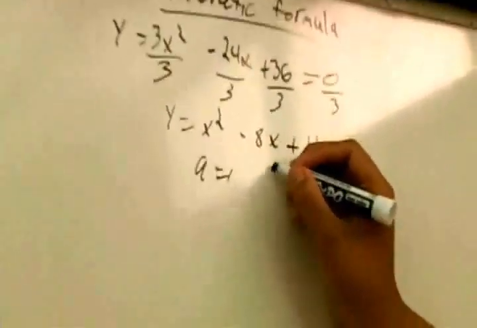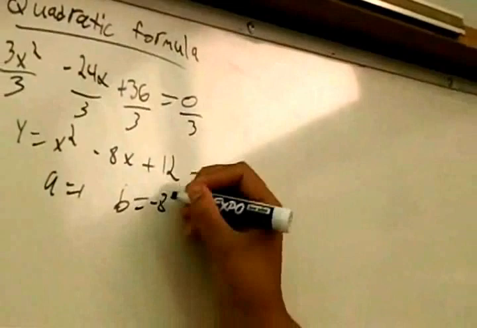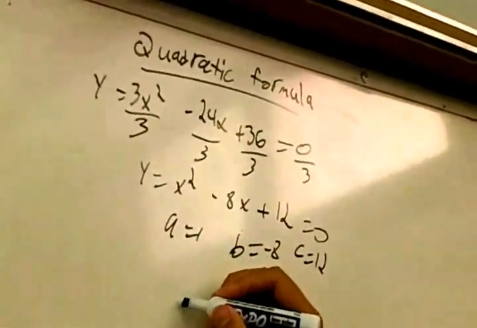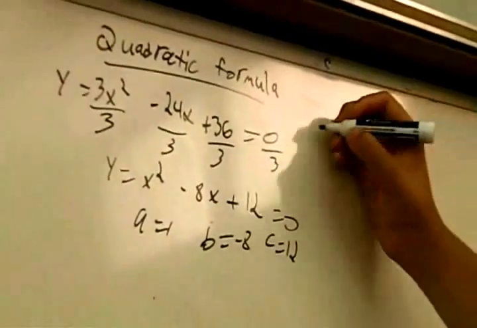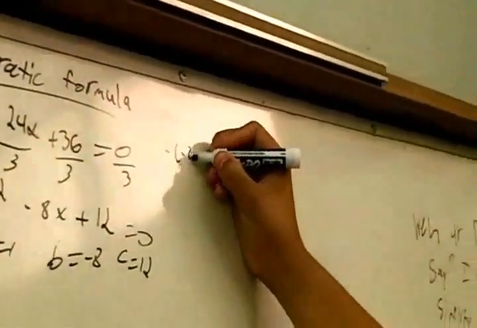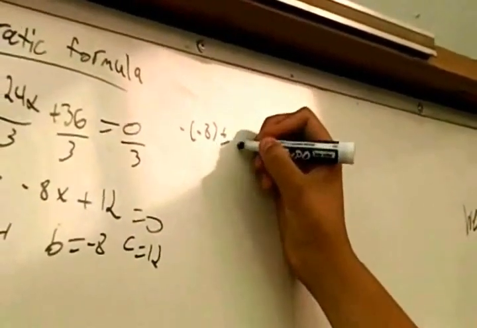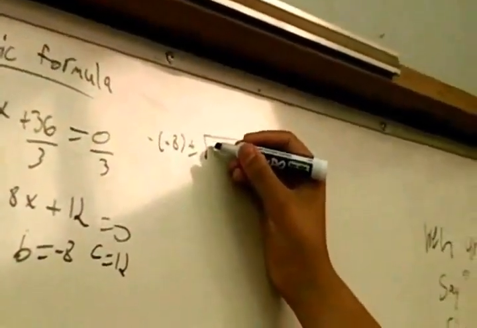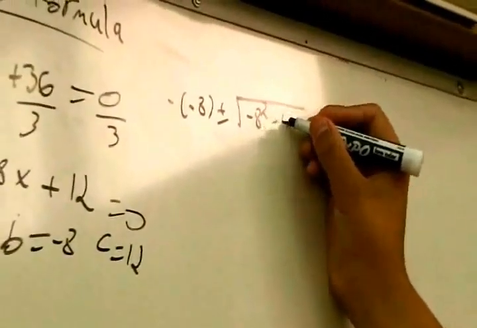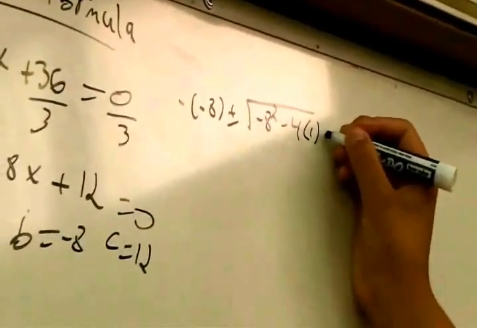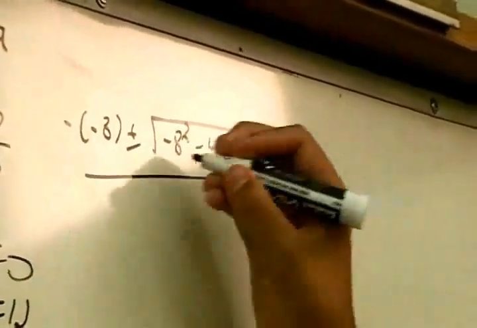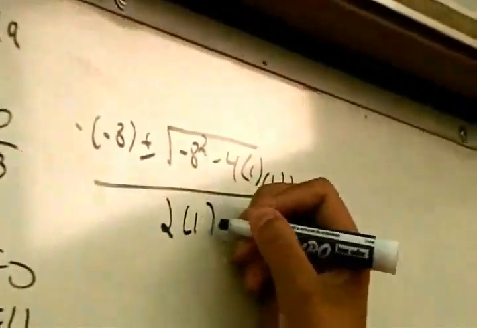So a equals 1, b equals negative 8, and c equals 12. So then we use the quadratic formula: negative b, negative negative 8, plus or minus the radical of negative 8 squared minus 4 times 1 times 12, over 2 times